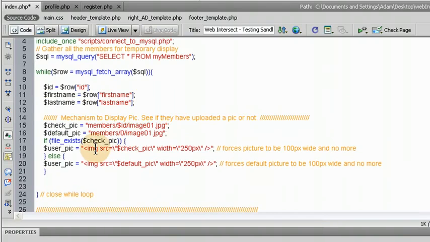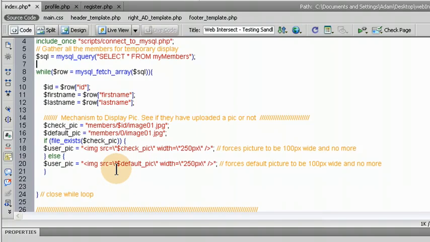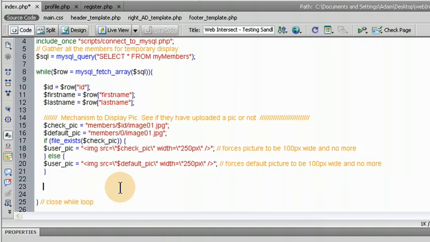So within this while loop is where you have to set up the display in variable form, and I'll show you that right now. Let's type in members display list. That'll be our variable name. Let's make sure we give it the $ sign. Okay, and this is going to equal,